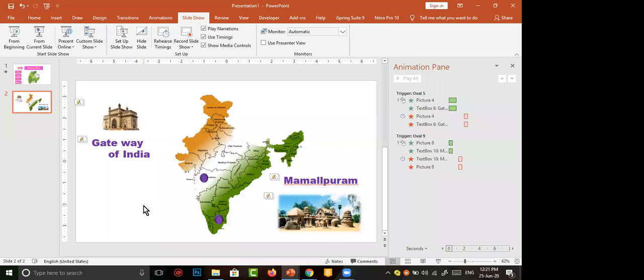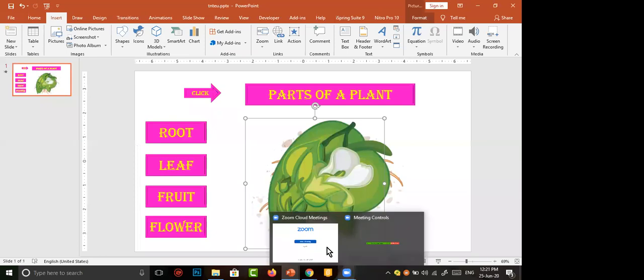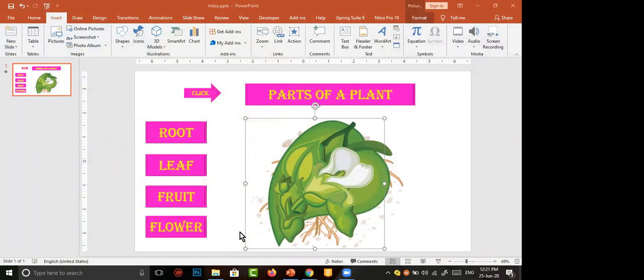Shaktivel sir, can you see the chat box? Wait. Yeah, this is for evaluation. As sir told, this is interactive evaluation, interactive content.